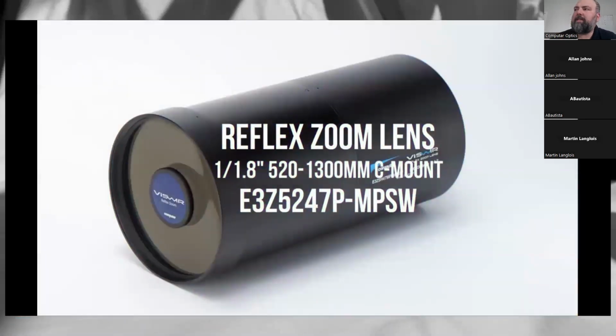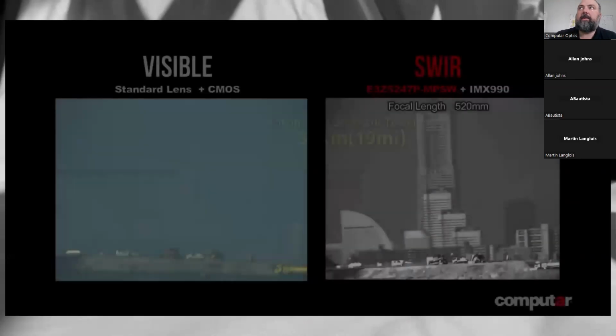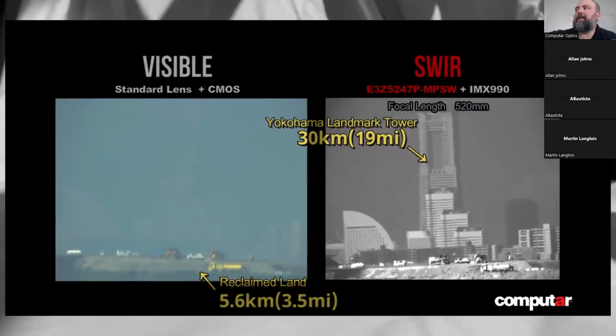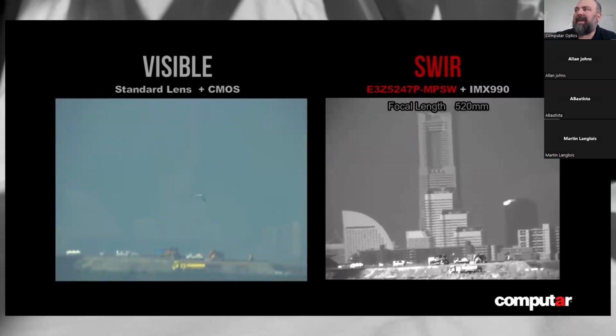Again, our reflex zoom lens is 1/1.8 inch, so it's going to match that IMX 993, and then your IMX 990, 991s as well. This is actually using the IMX 990, and you can see at that 520 millimeter focal length the difference